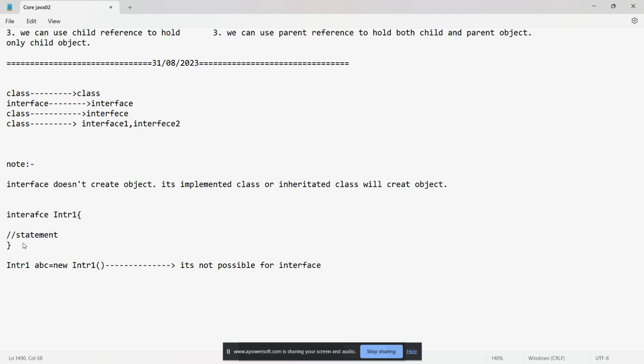It's not possible for an interface. If it's not possible for an interface, then who will create the object for it? Its implementation class will create the object for it. So how is it implemented? Here, class Test implements